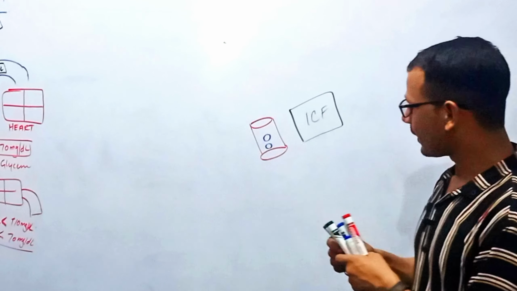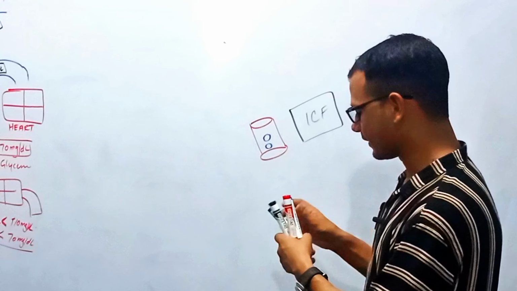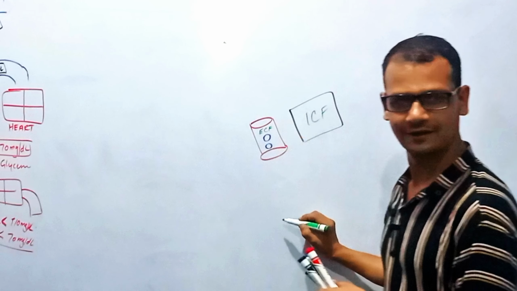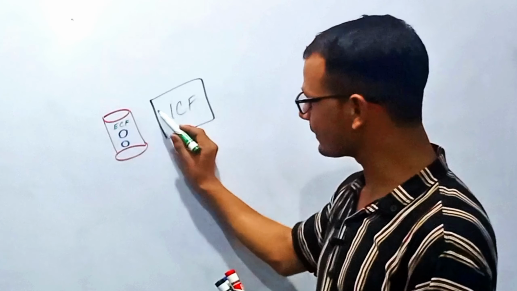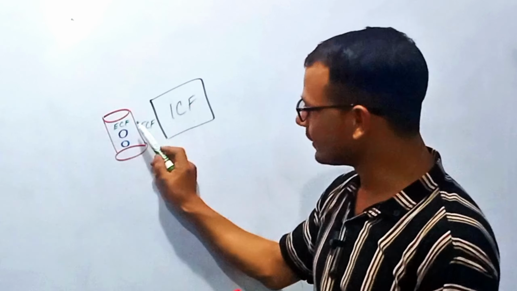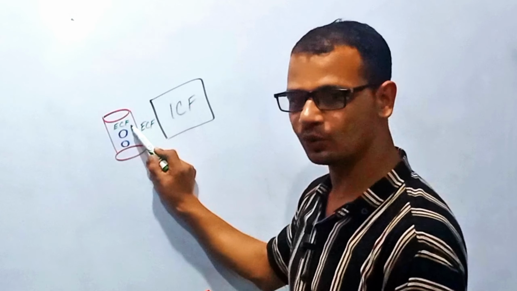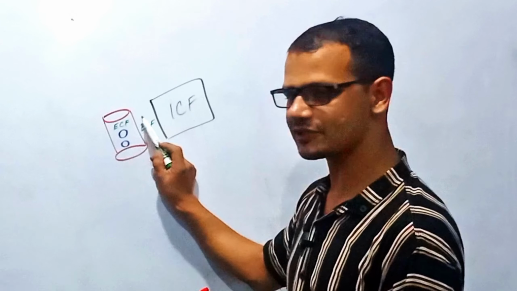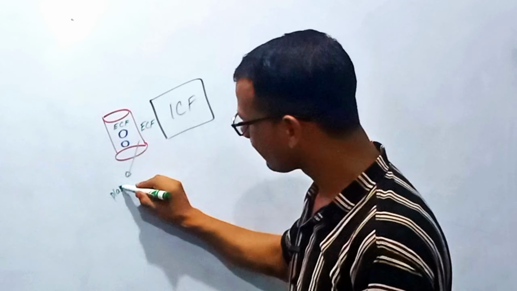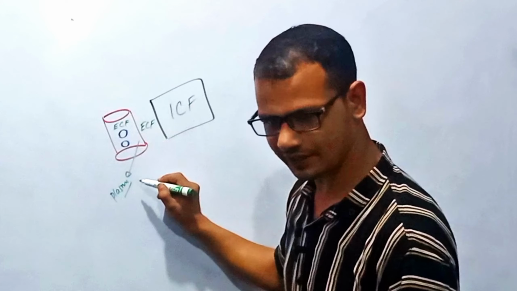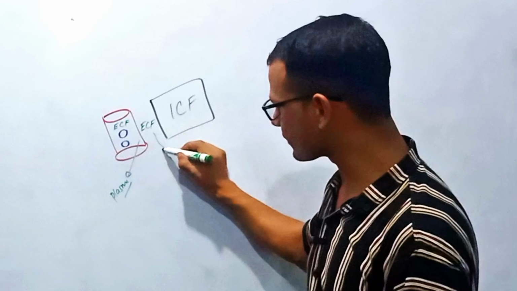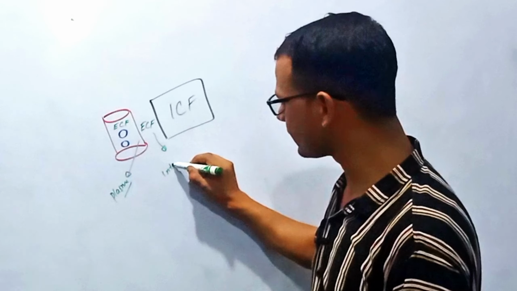Outside these RBCs, this area is extracellular fluid, and outside these cells, this area is also extracellular fluid. These two compartments are the two components of extracellular fluid. In blood, the extracellular fluid is called plasma. In all other tissues, this extracellular fluid is called interstitial